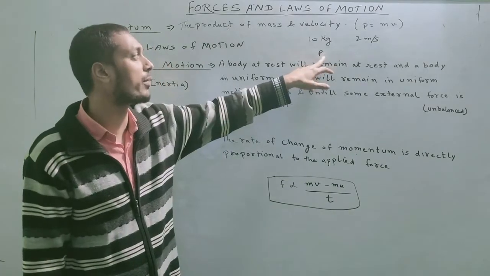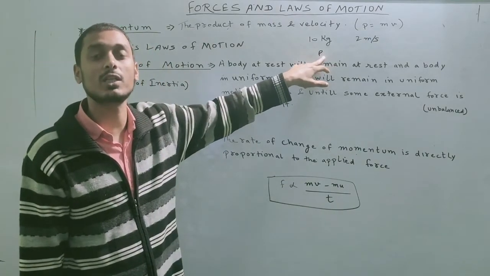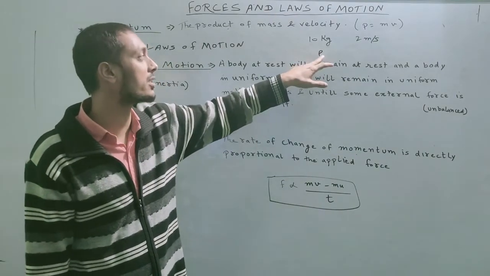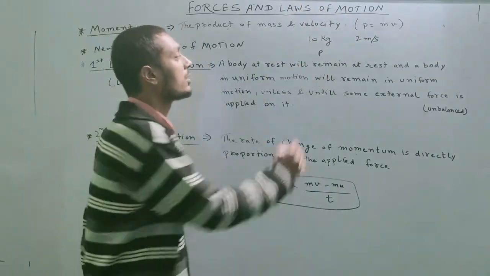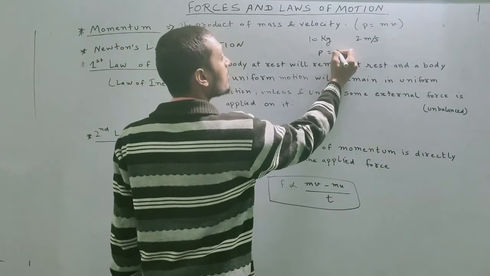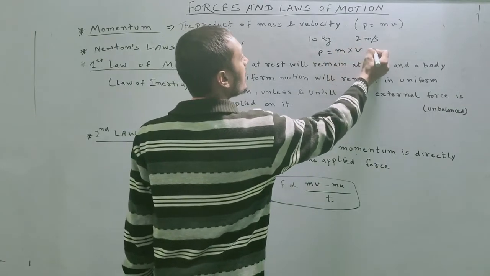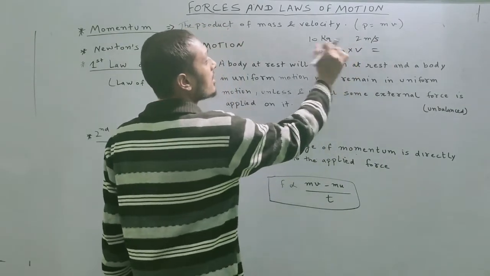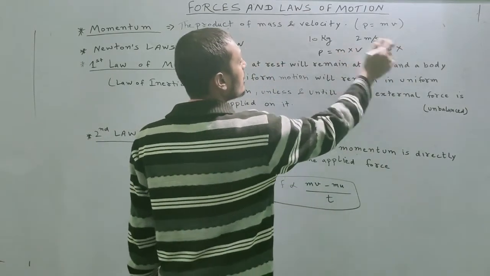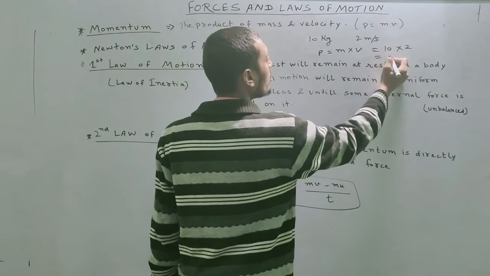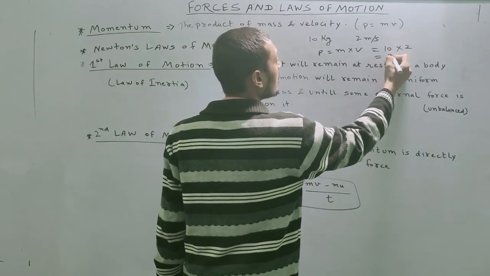The symbol of momentum is P. It is denoted by P. Then in this case, what is the momentum? Mass into velocity. What is the mass? Mass is 10 kg. What is the velocity? 2. Then what is the momentum? Final momentum is 20